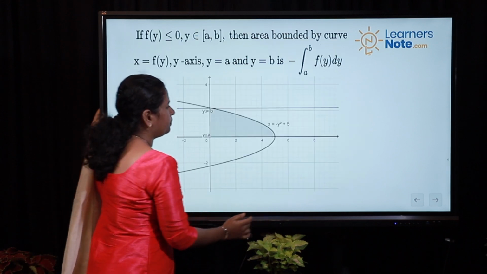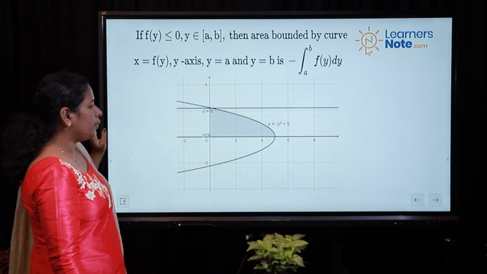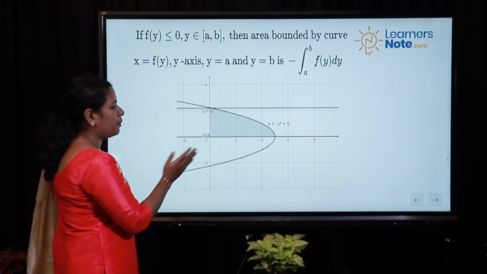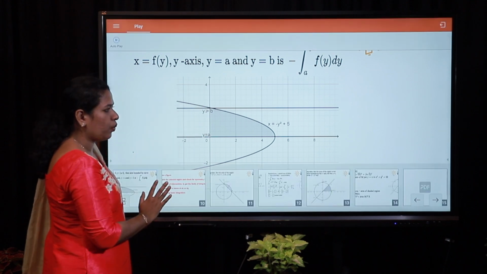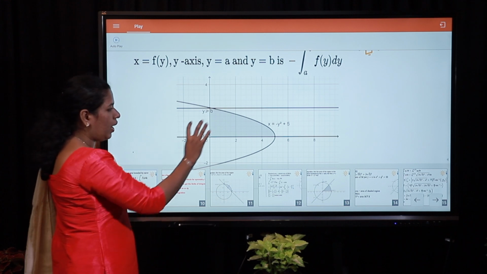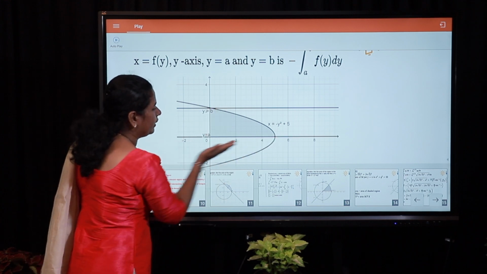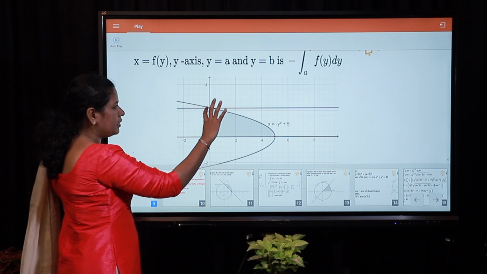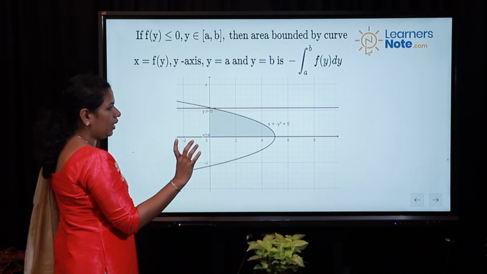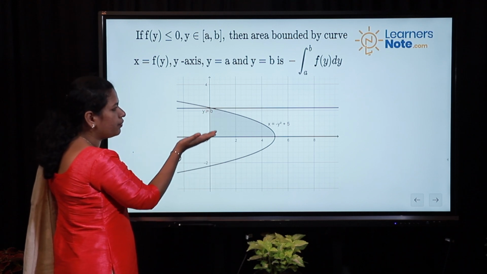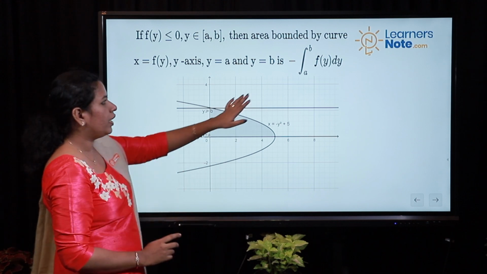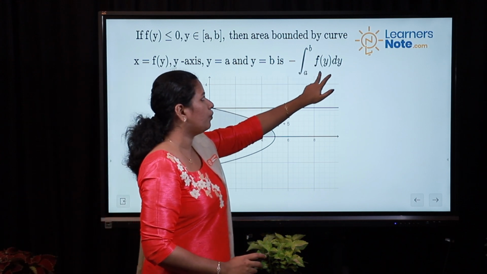Okay, and then here I am finding the area under the curve with respect to the y-axis. The vertical line is our y-axis. Then I am going to calculate the area with respect to the y-axis. So I am integrating from, this is a straight line and this is also another straight line. Then for finding the limit of the integration, we are taking two straight lines, and we are integrating from a to b, and we are taking area with respect to the y-axis, and we are going to use this equation, integral from a to b of f of y dy.